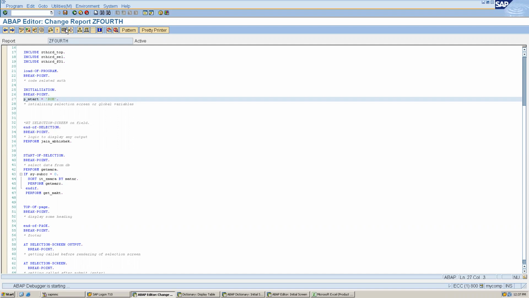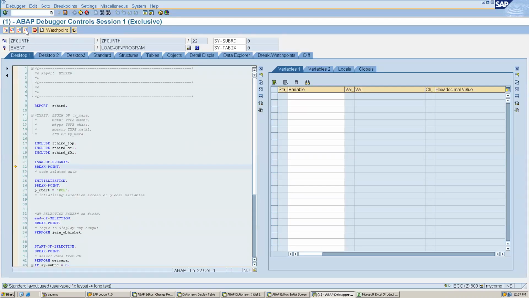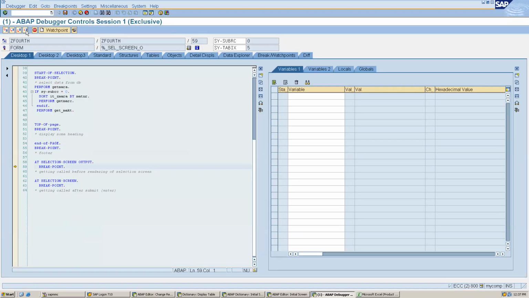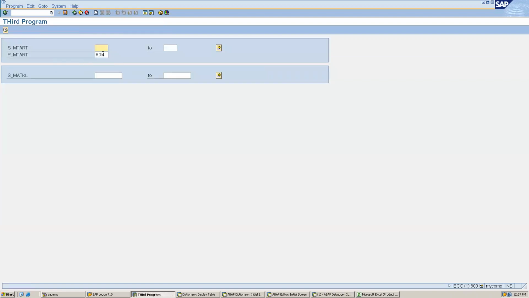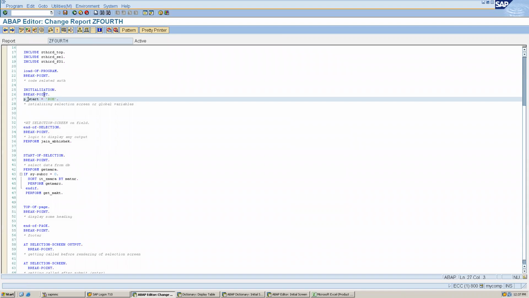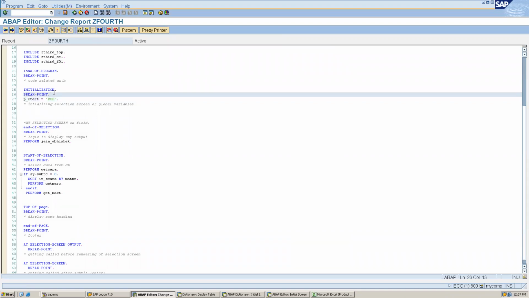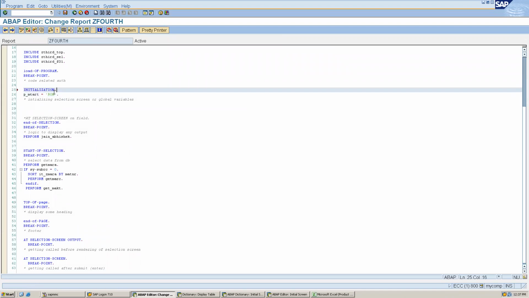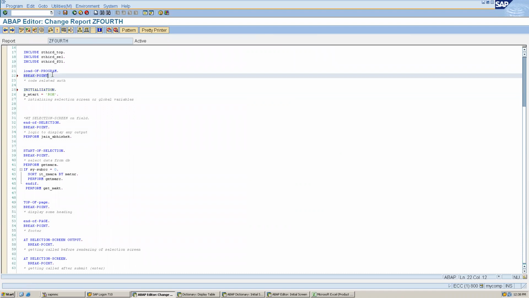Now if I execute this, let me remove the breakpoints, it is stopping every time. So you can see this is coming by default. So the purpose of this initialization is to initialize the value.